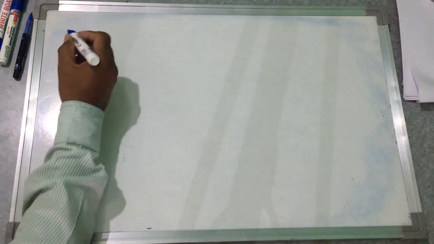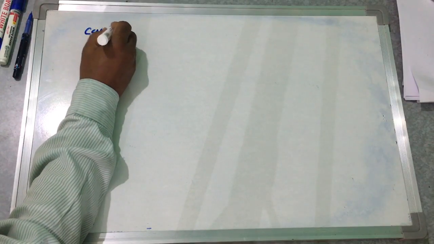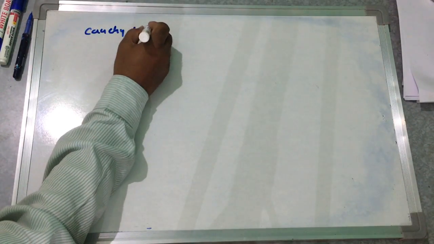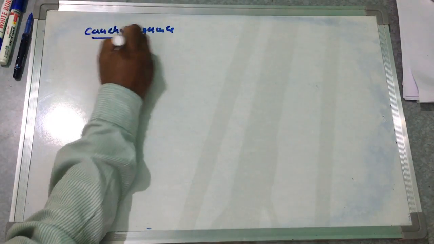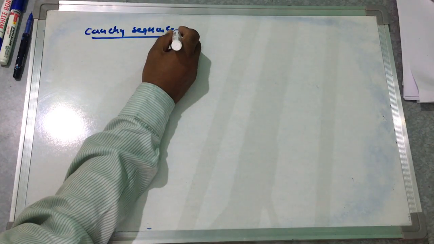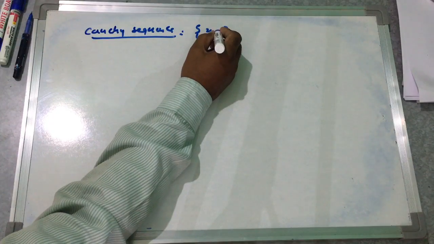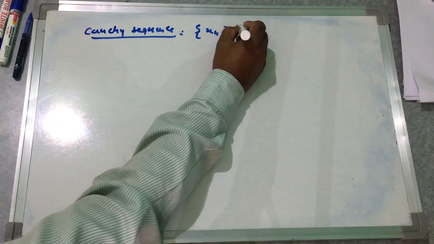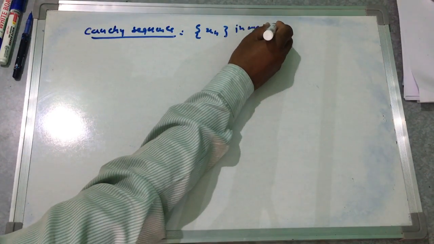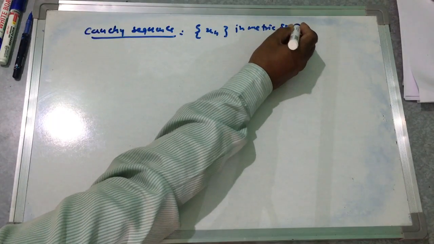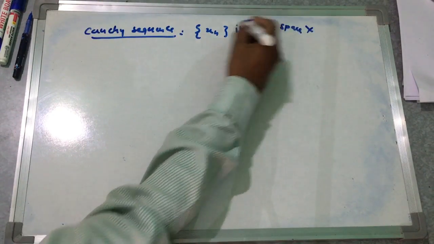Cauchy sequence. A sequence in a metric space X is said to be